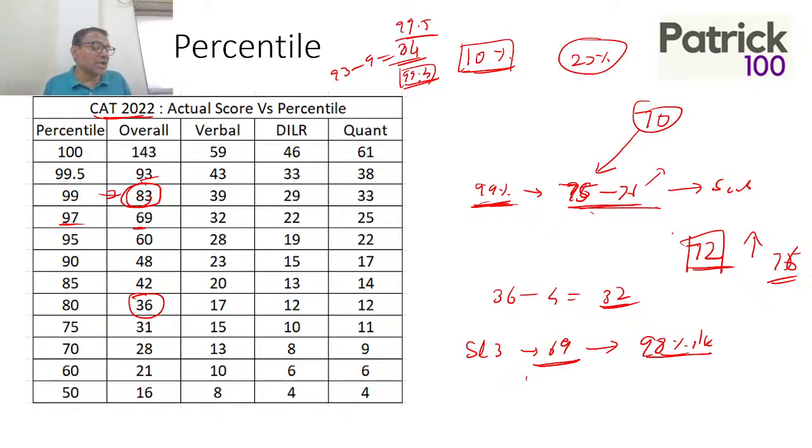Like slot 3, 60 marks. Okay, if I say slot 3, 60 marks, say 66, maybe around 97 percentile, 96, 97 percentile is what I would expect as a percentile. I mean, that's what I can predict. I'm just telling you the process of calculating your percentile based on your marks, and that's how you can go about it.